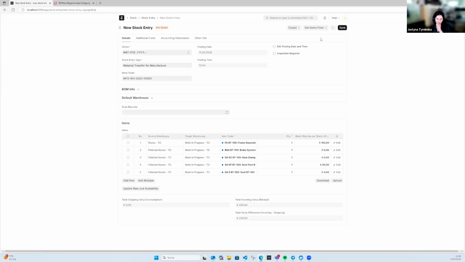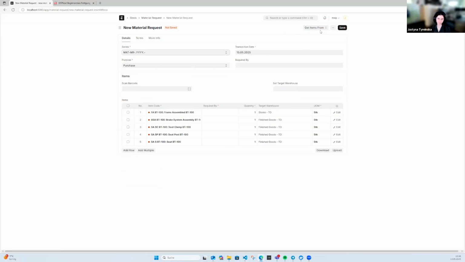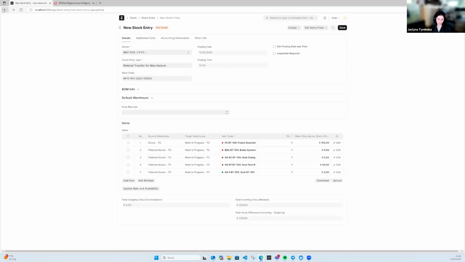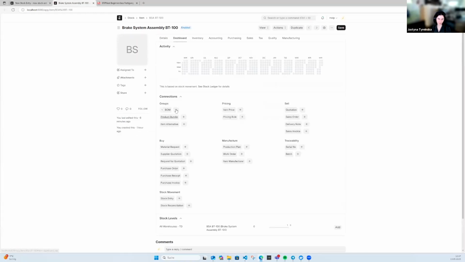But also we can create a material request for said stock. So we can purchase all of those. We can also say that we only get into the brake system itself, go into the BOM,